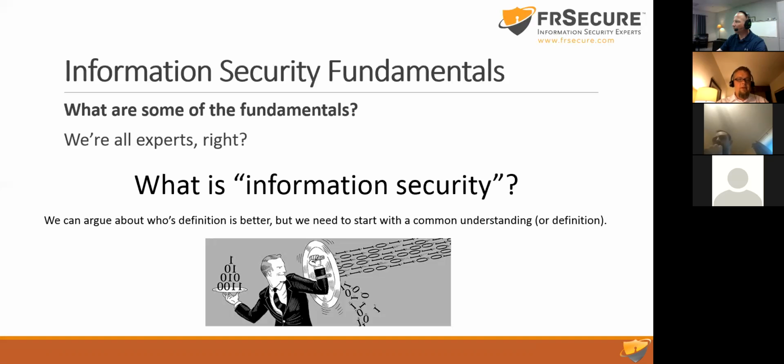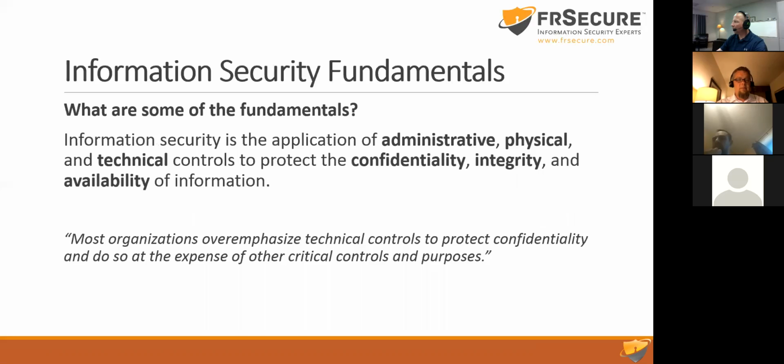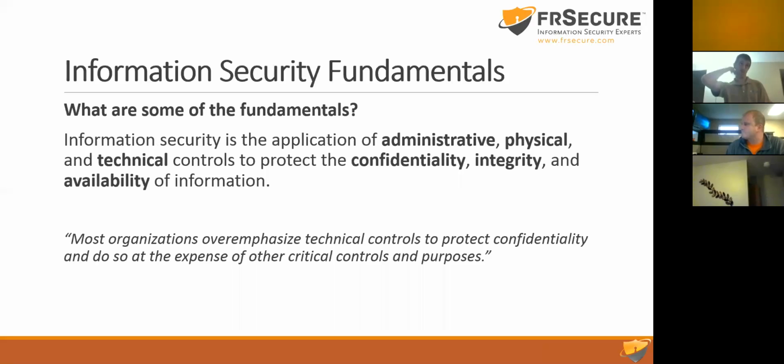So you need to interact with people. We need to have this common understanding about what security actually is if we're going to ask anybody to do something about it. So here's my definition. This is the definition I've used from the very beginning. If you're already in chapter 2, you'll see some commonalities with the definition that comes out of the book. It's a good definition, in my opinion. So information security is the application of administrative, physical, and technical controls to protect the confidentiality, integrity, and availability of